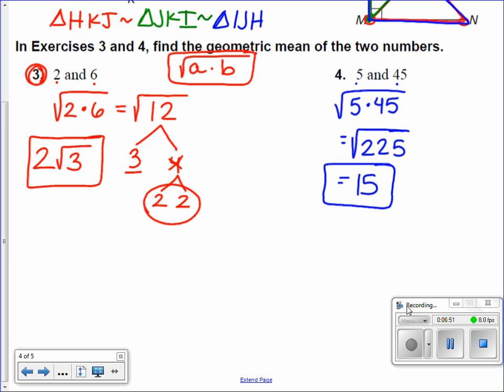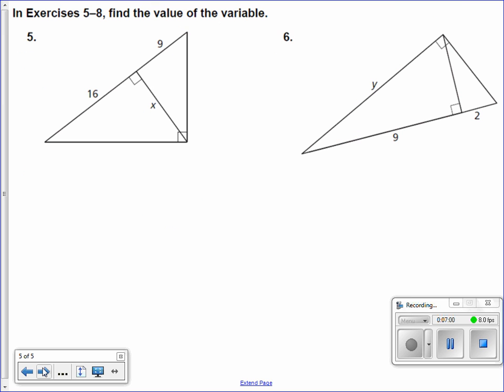Okay, let's look at numbers 5 and 6. Here's where we're going to start applying that geometric mean. Now we have two different situations here. We talked about both yesterday. In this first situation, they give us the altitude of this big triangle. When they give you the altitude like that, or the segment going through the figure, then our theorem says